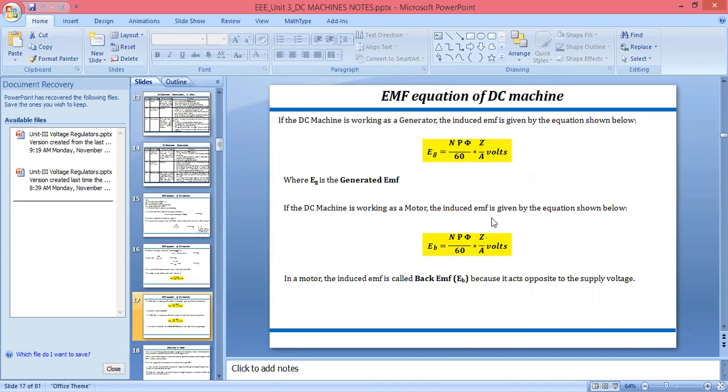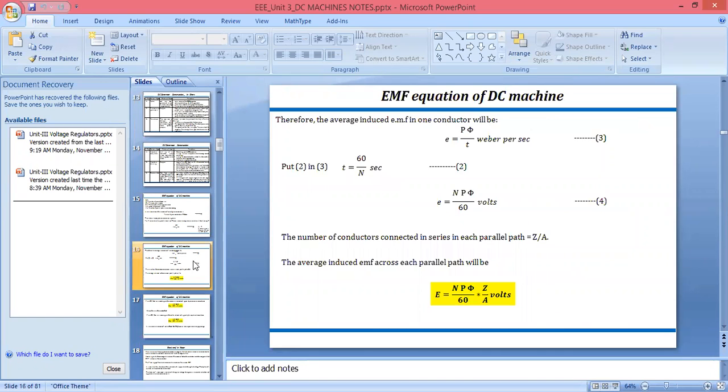because we know when we use a DC machine as a DC motor, the induced EMF behaves opposite with respect to the supply voltage. So we can call that EMF the back EMF, and we can calculate back EMF for the whole DC motor. If we are calculating the EMF for one conductor, you will get this equation. But when you calculate the EMF for parallel paths, which we have formed using the armature conductors,